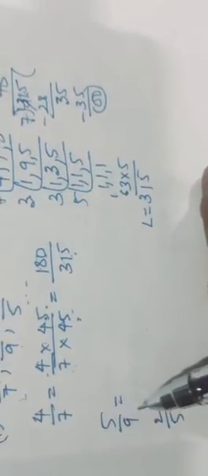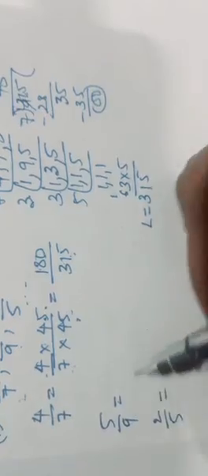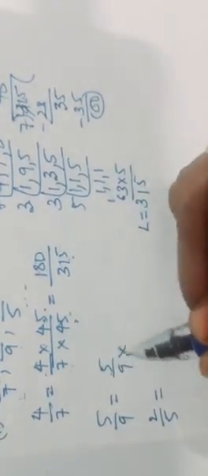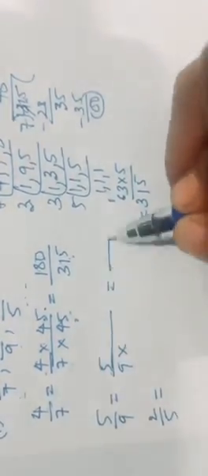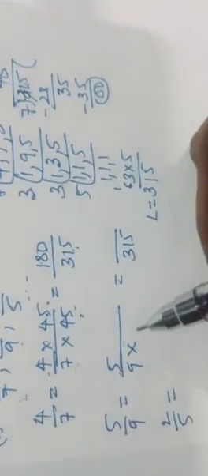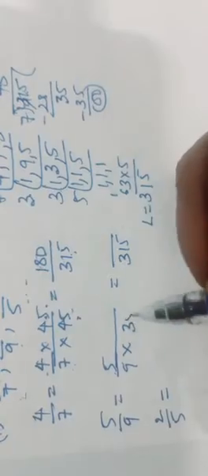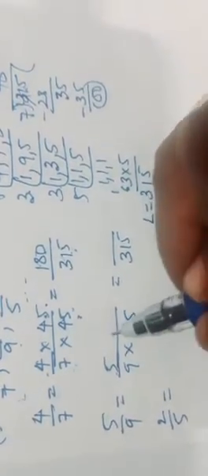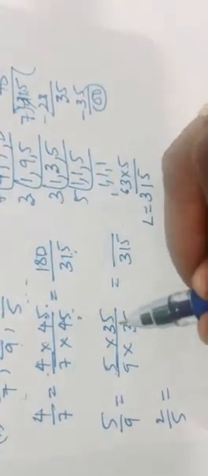Then we have the next rational number 5 by 9. So, 5 by 9, in the denominator we have to get 315. With what number do you multiply? With 9 you get 315, children, that is 35. In the numerator also multiply by 35. 5 35s are